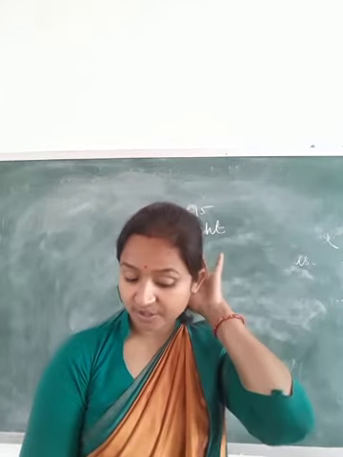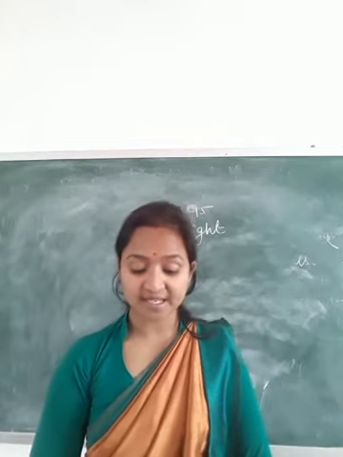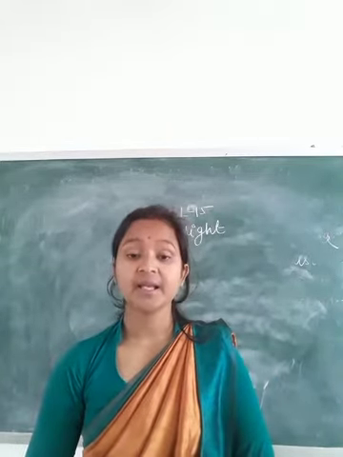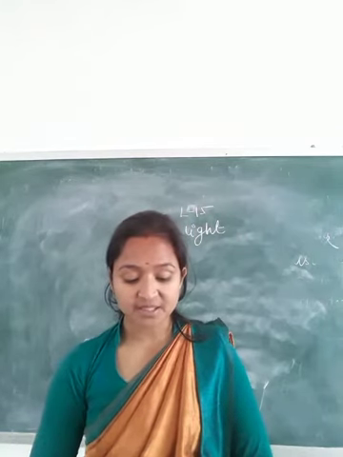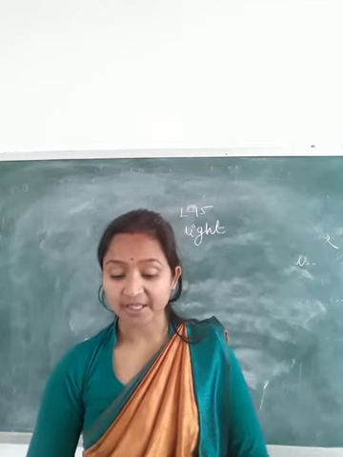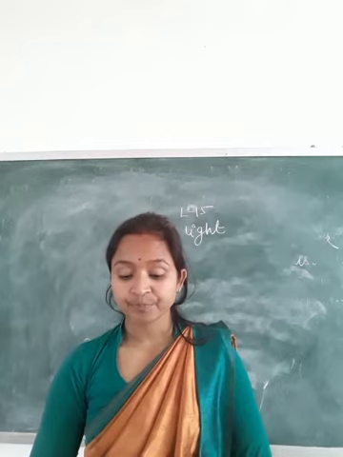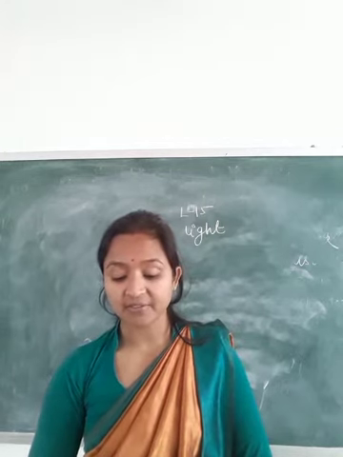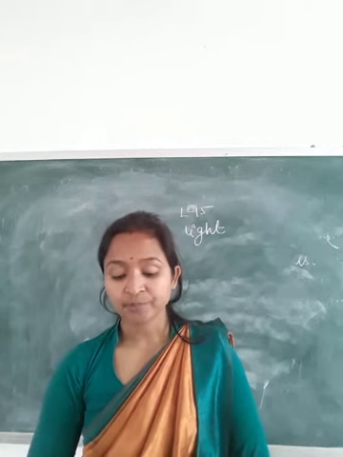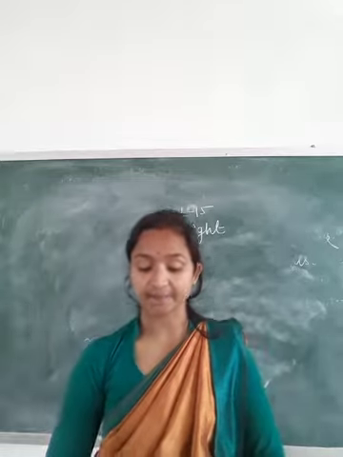Then you will observe that as the candle is moved towards the lens, the size of the image becomes larger, and a stage comes when the size of the image of the candle flame is equal to the actual size of the candle flame. And when the candle is further moved towards the lens, the size of the image of the candle flame becomes larger than the actual size of the flame. In all the above cases, the image of the candle flame is real and inverted.